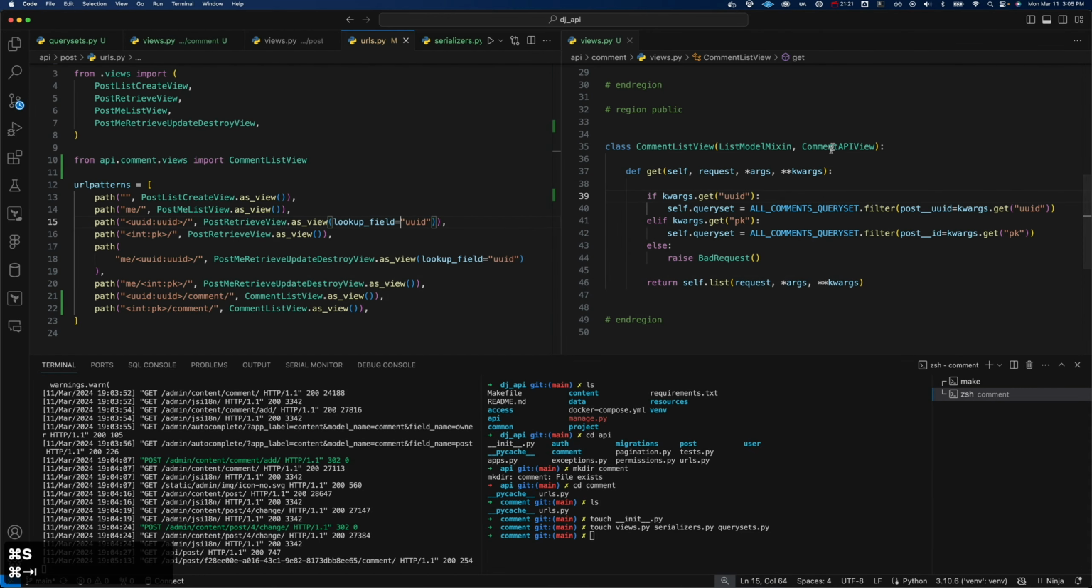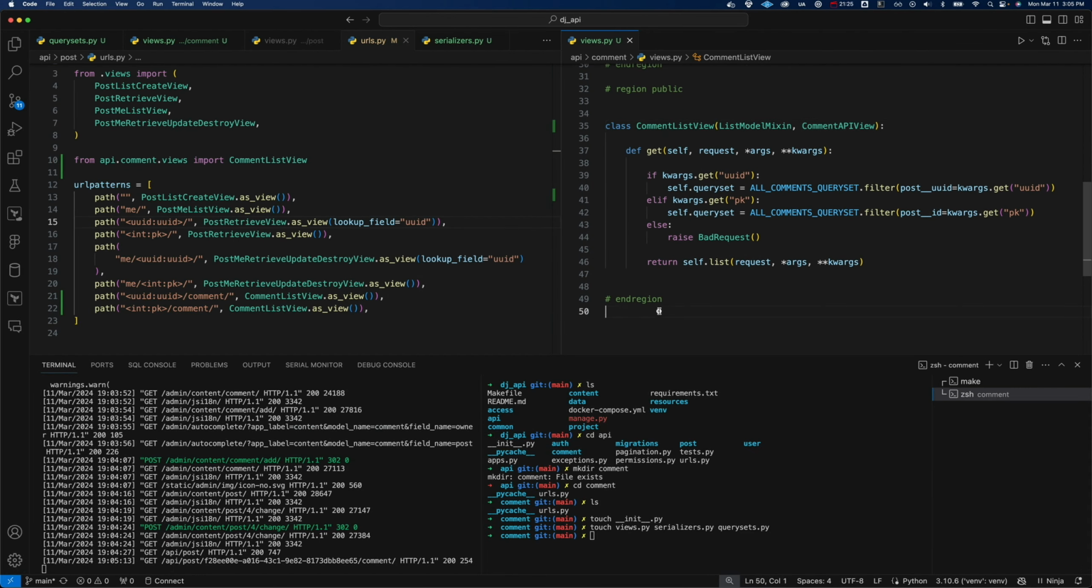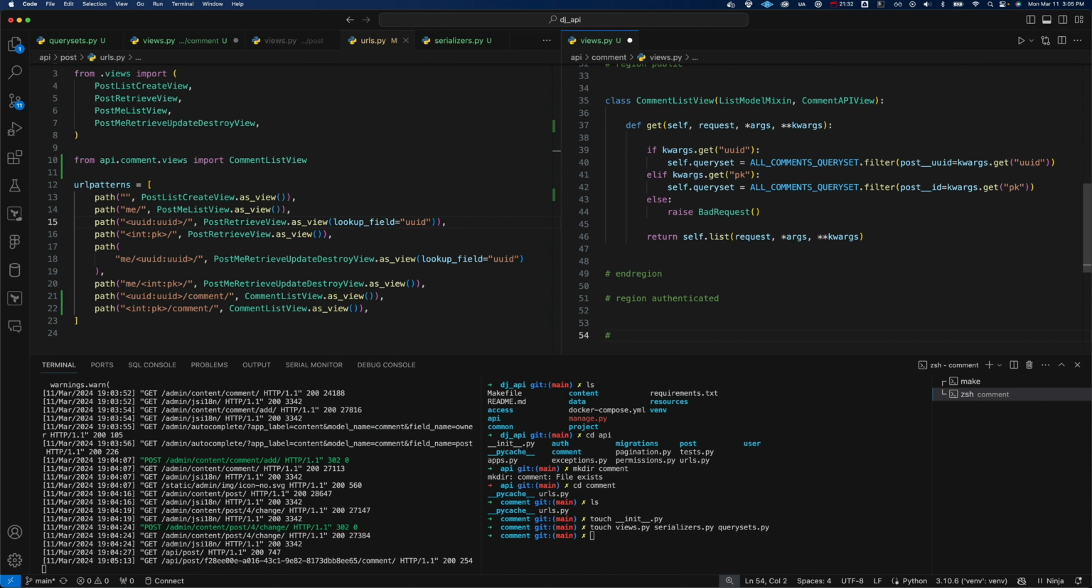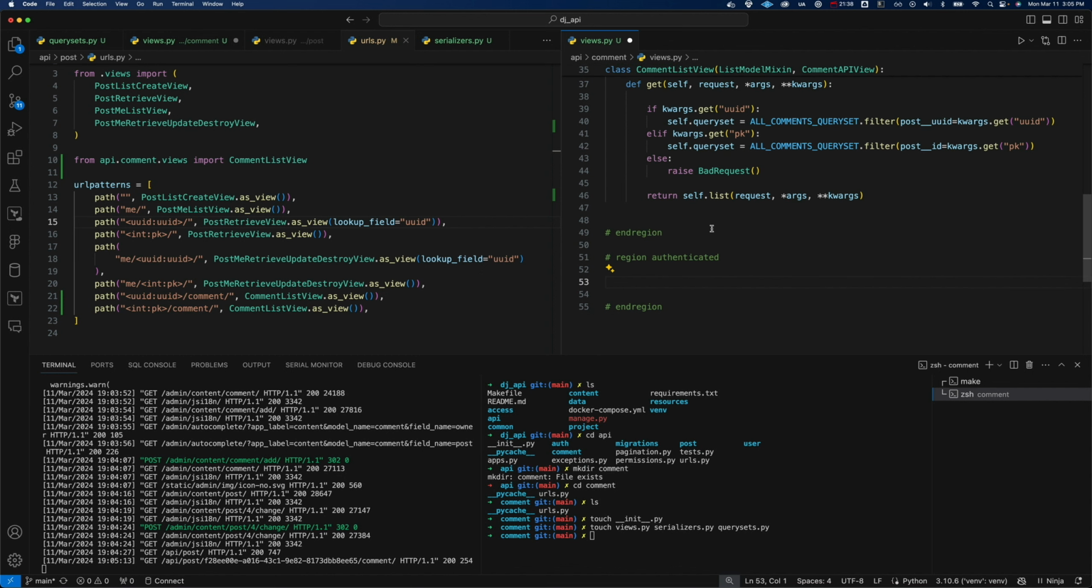What about creating comments? This actually is pretty easy. So let's create that. We are going to make a new region here, just called like authenticated, because these are things you actually need to be authenticated for. Obviously, doing these regions is completely optional. It's just a nice pattern that I'm used to. Okay, so in this one, we're going to create the comment create